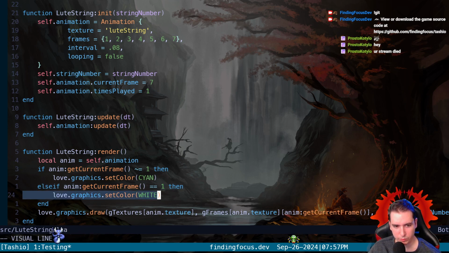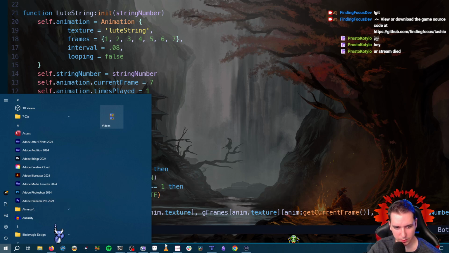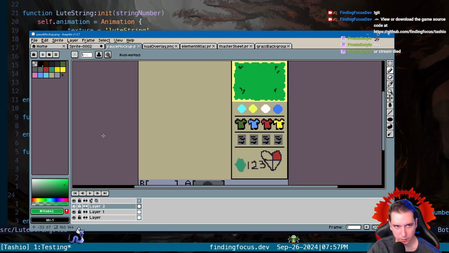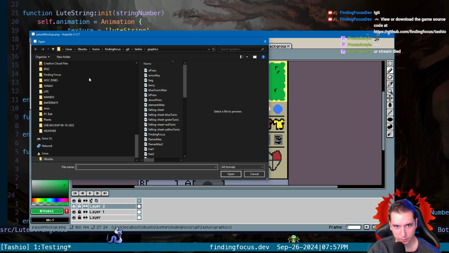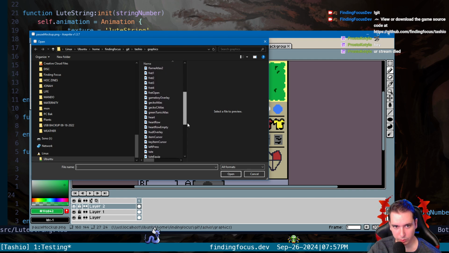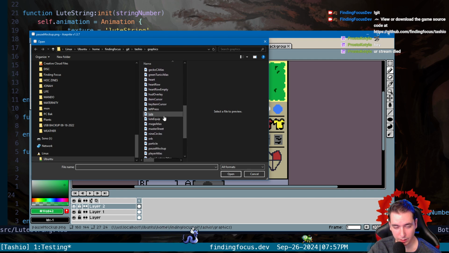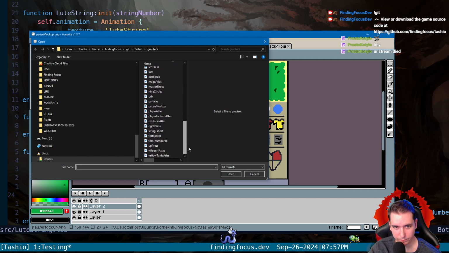Yeah, if our frame is 1, set it to white. Let's see. Yeah, we should. If we open up our lute string and take a look at it, string.